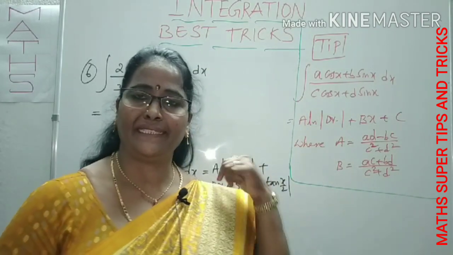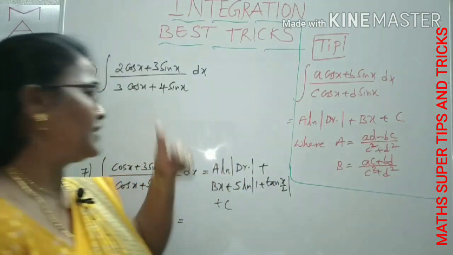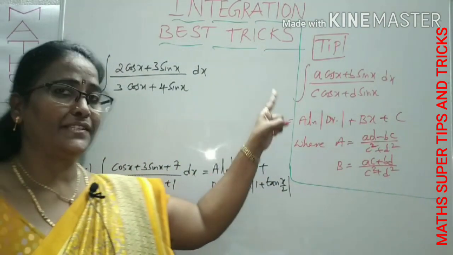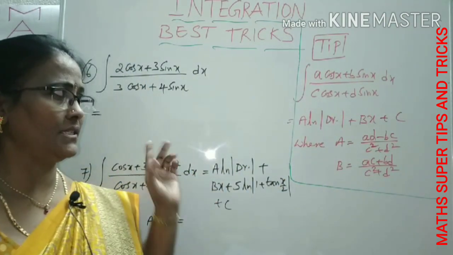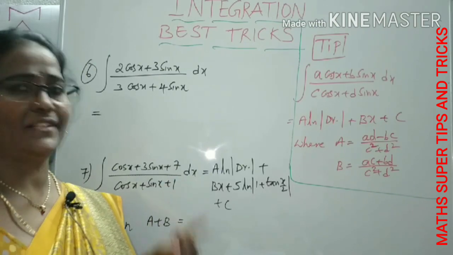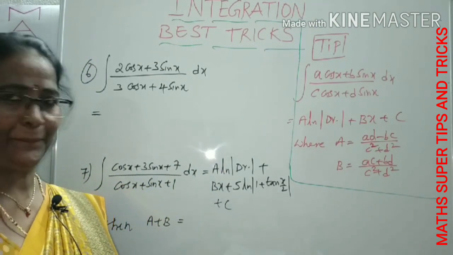How can you use this for these questions, you can look here. Are you ready? Right, very good. Now we'll come to this question. Here you have to concentrate. First, check whether the cos, sine order is there or not. Otherwise you have to interchange the order. We can rewrite the order, then only we can use that trick, right?